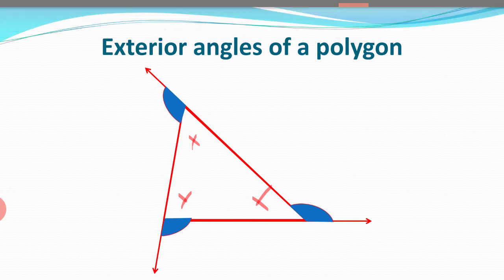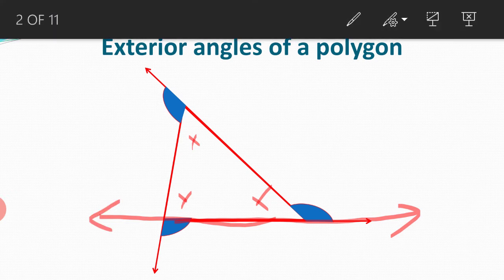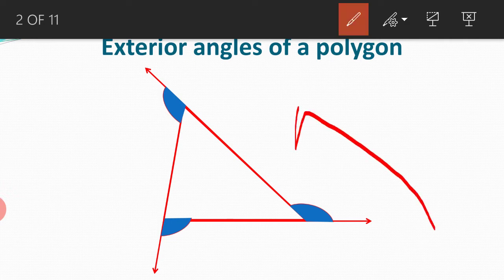Now when we talk about producing the side, is it that we can produce it only in one direction? Can't we produce in reverse direction? So yes, we can produce. So here you will find when we talk about producing or extending a side, it can be done in both directions. Now here, which direction have we followed? We are going in this particular direction. We call it anti-clockwise. So first we produced the bottom line, then this particular line, and then the third line.